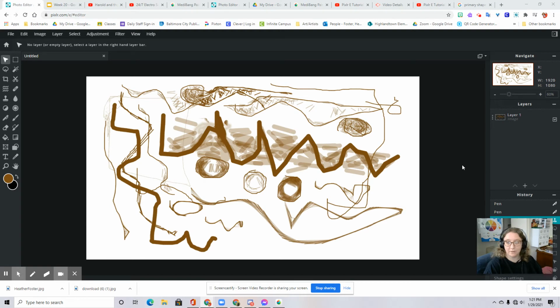Alright, so for this tutorial, I want to give you a basic introduction to layers. You can do a lot with layers, but I just want to show you some basic things you can do. So first off, the layers are on the right-hand side of the screen. They have their own box. You should have one layer already,